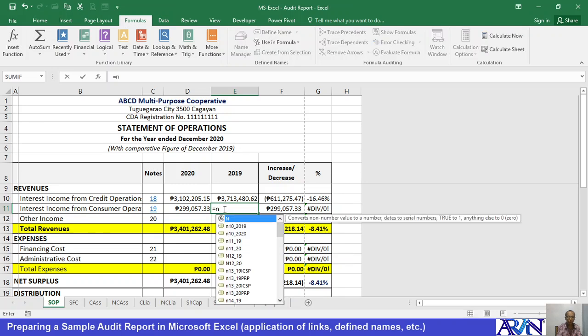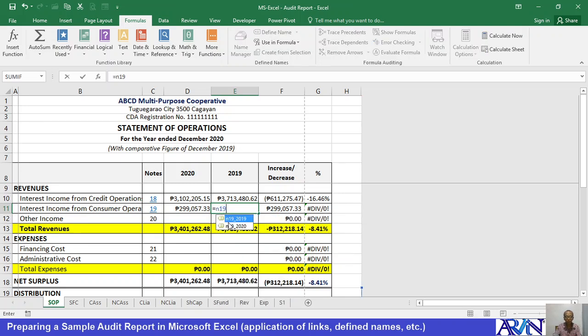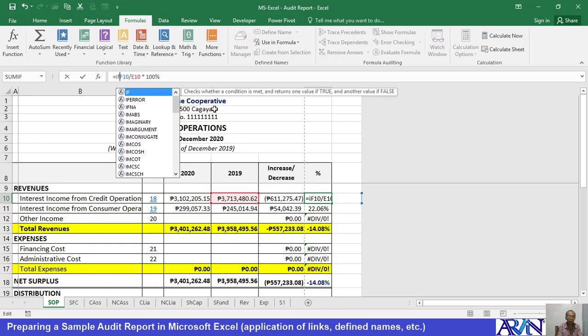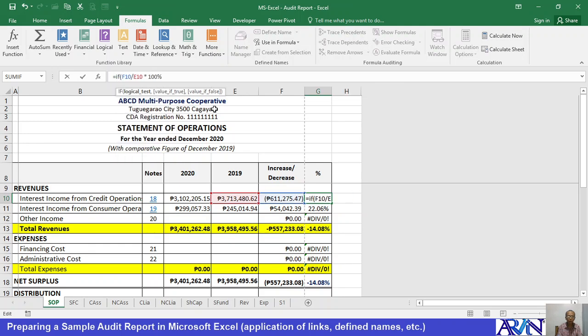equals N19 2019. So you notice that the values are now being changed in the increase and decrease. By the way, if you don't like to see the div 0 while there are no values yet in this area, it's so easy to do it. What you need to do is you just include another function here. If